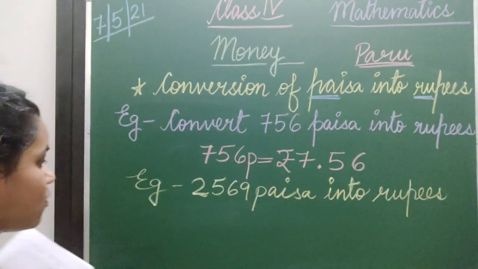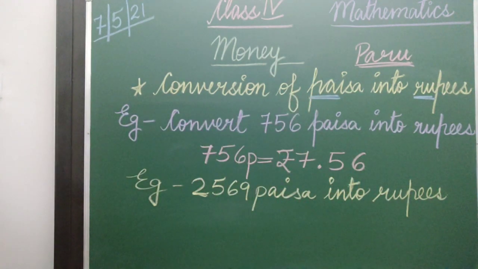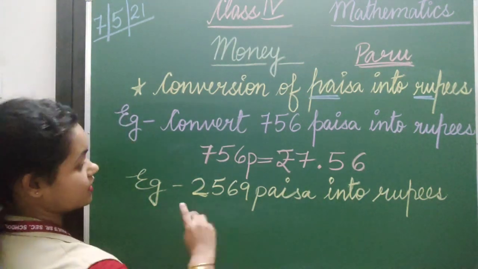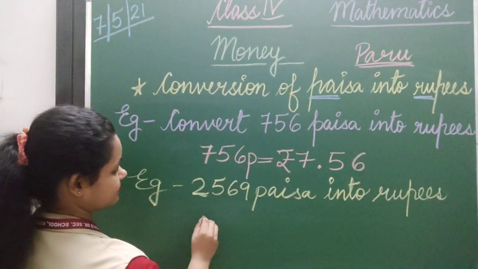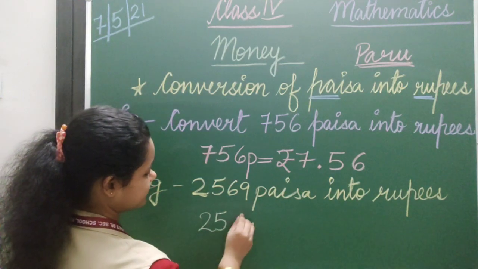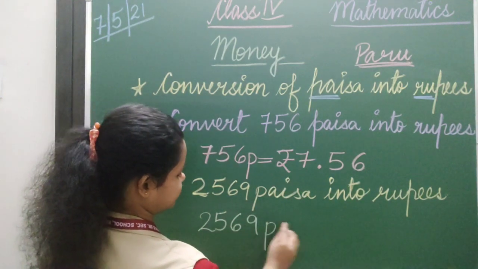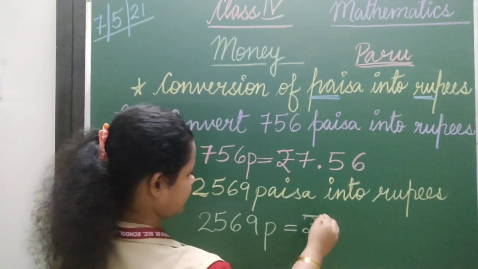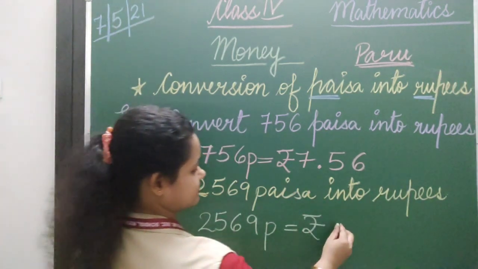Okay. Now, how will you convert this? How will you convert this, my dear students? You need to just write this number as it is. 2569 paisa is equal to, you write rupees in the beginning only, rupees, copy this number as it is,